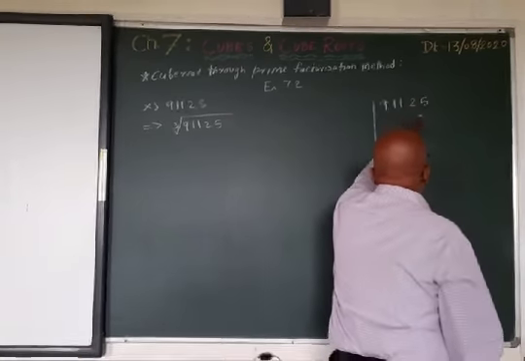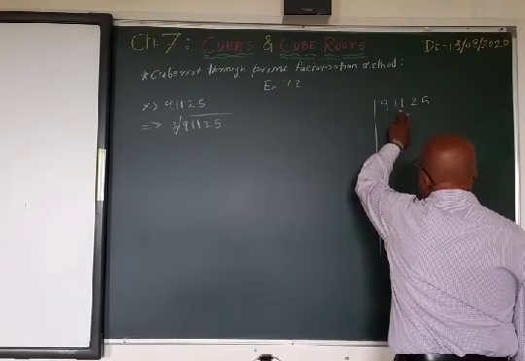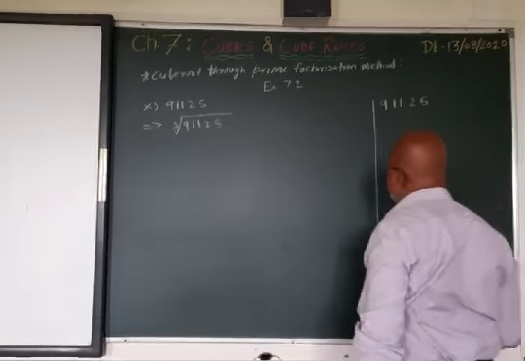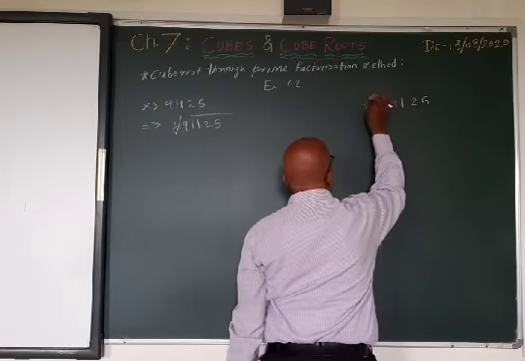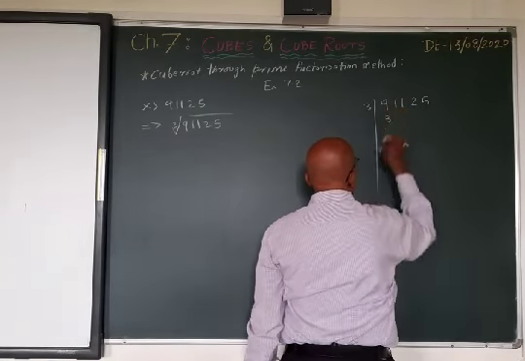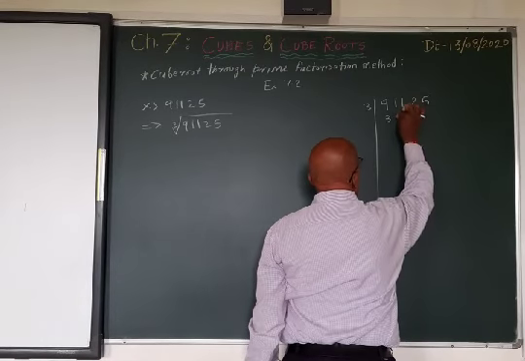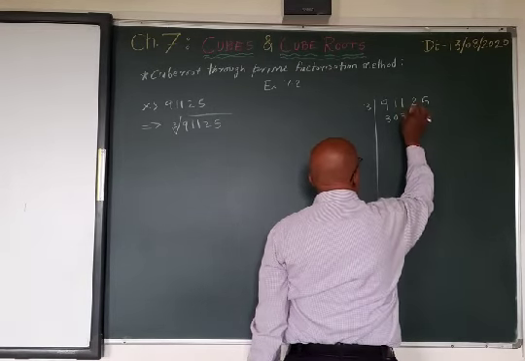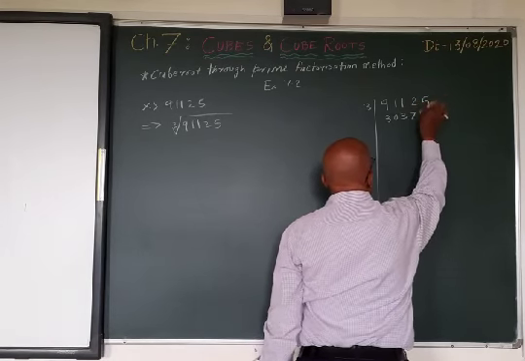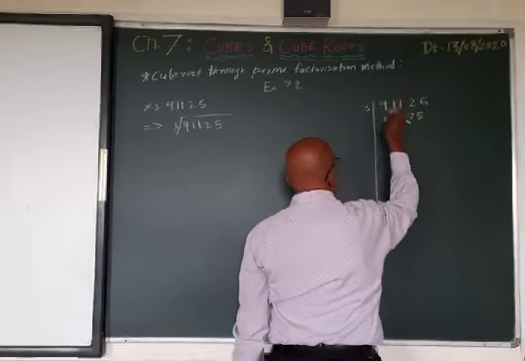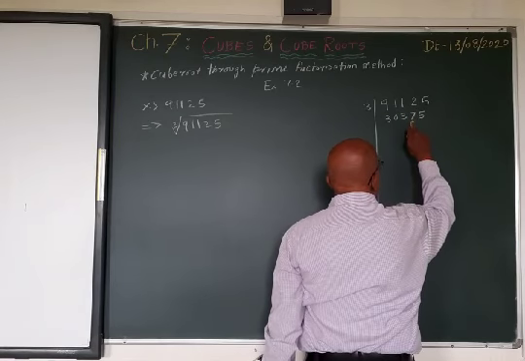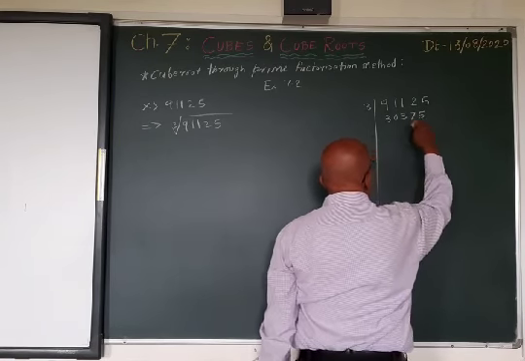Now just total the digits. 9 and 1 is 10, 11, 12, 13, 13 and 5, 18. 18 means it is divisible by 3. So 3 3s are 9, 0, 3 3s are 9, remains 2, 3 7s are 21, remains 1, 3 5s are 15. Total it: 6 and 7, 13 and 5, 18 again.